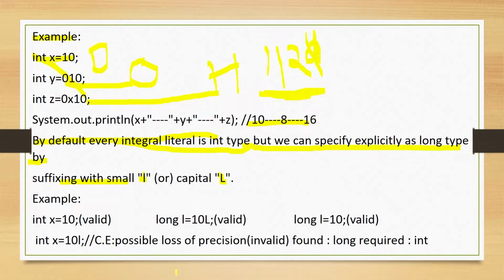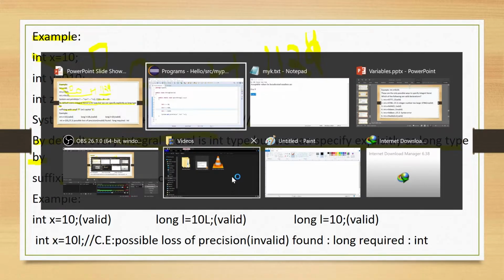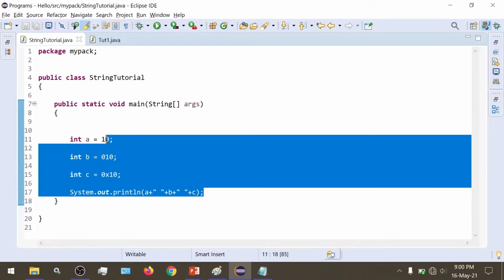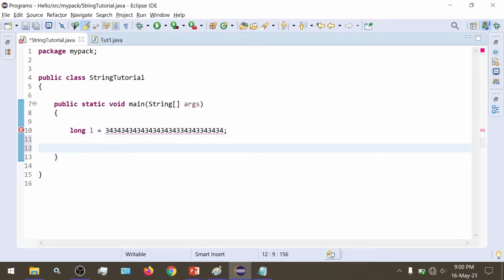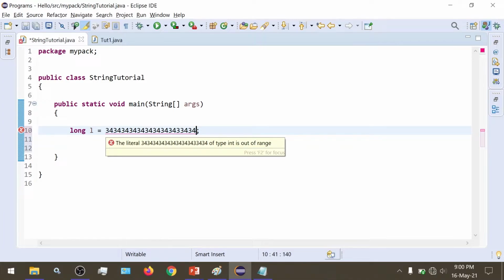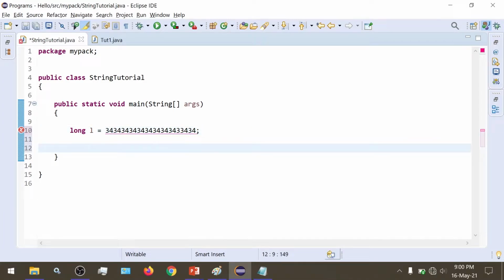So let's see this case now, where we are making a long variable. If we think about it, this value should be acceptable in the range of long, but we are still getting an error.